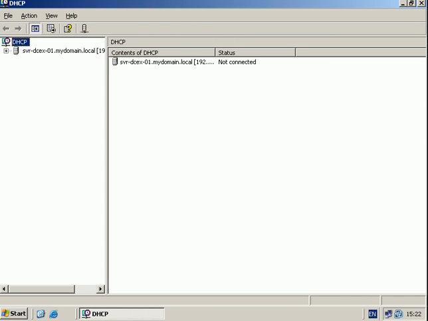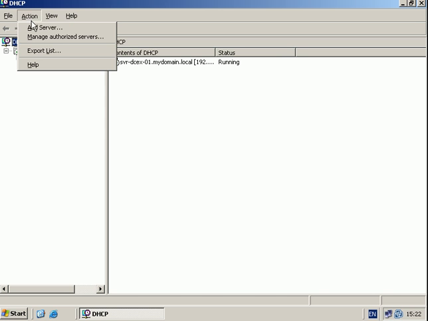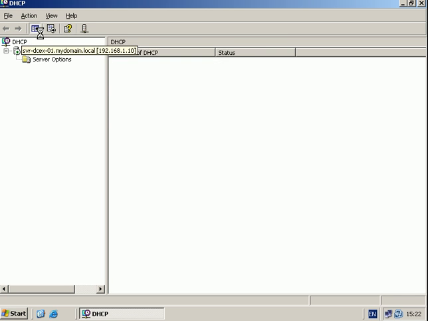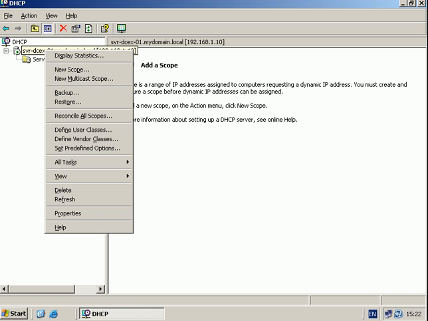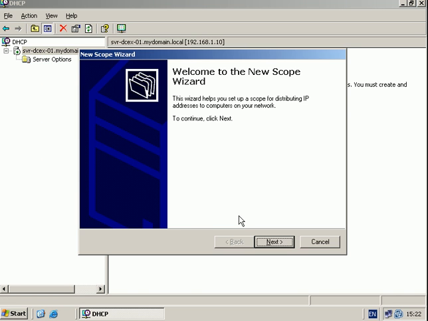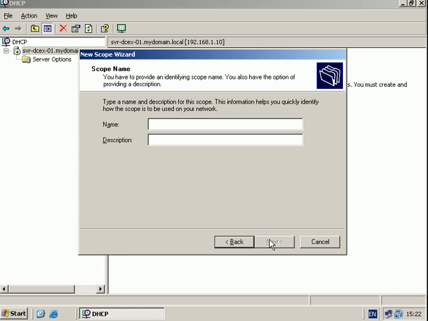Right, now one of the first things we've got to do with DHCP is we have to authorize our server. Now we can do this by going to action, maybe not this, oh sorry, click the server, go to action, and then selecting... you have to create a scope first, my apologies. Right, so we select new scope, select next, the name of the scope, so if we call it scope,